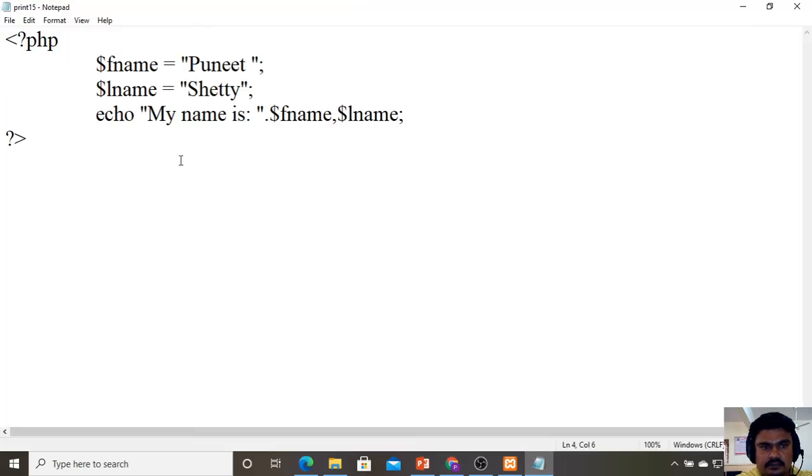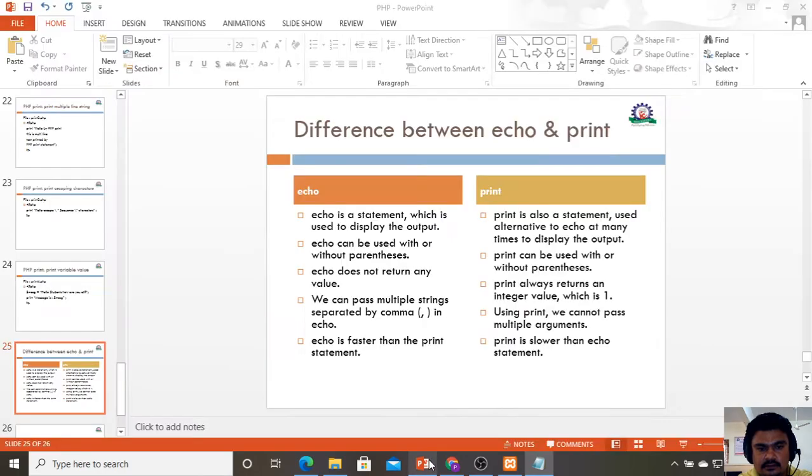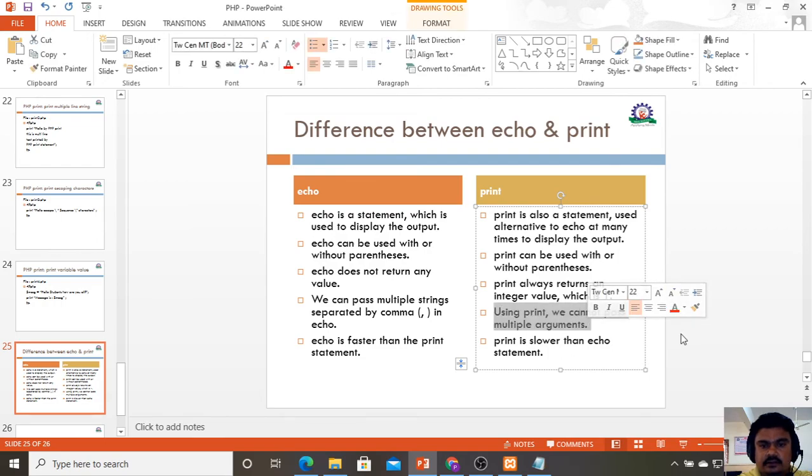If I use print, it is not going to give the output, instead I am going to get the error. So this is the difference: we can pass multiple strings separated by commas in the echo statement, but in print we cannot pass multiple arguments. This is the difference we learned now.